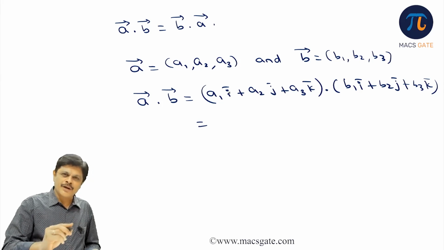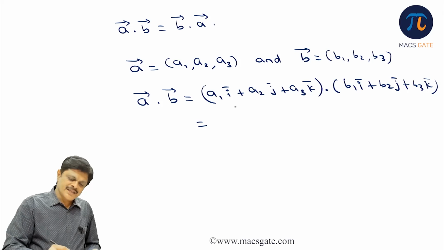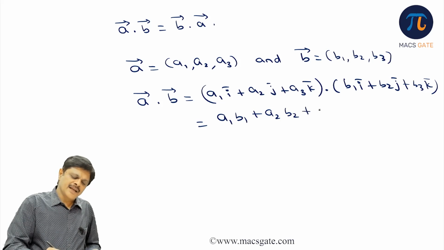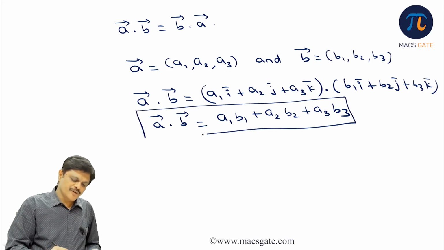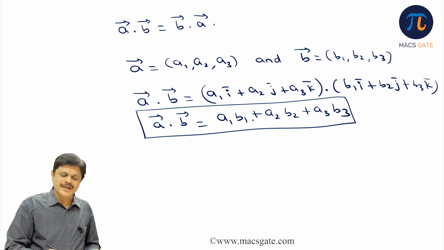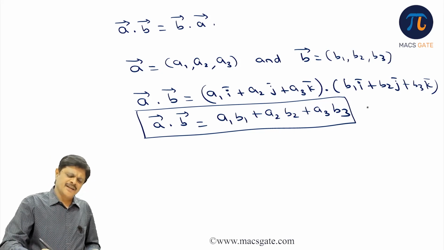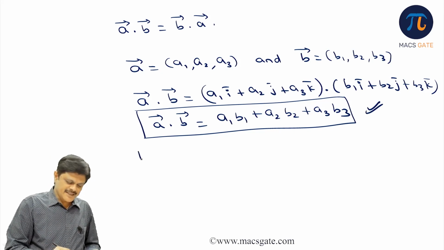What is left? Only I dot I, J dot J, and K dot K. So I dot I is 1. So A1 B1 is left. Similarly, A2 B2 is left, and A3 B3 is left. So this is the definition of A dot B component wise. So when they ask you to find dot product of two vectors, just multiply the corresponding components and add, you get the answer. For example,